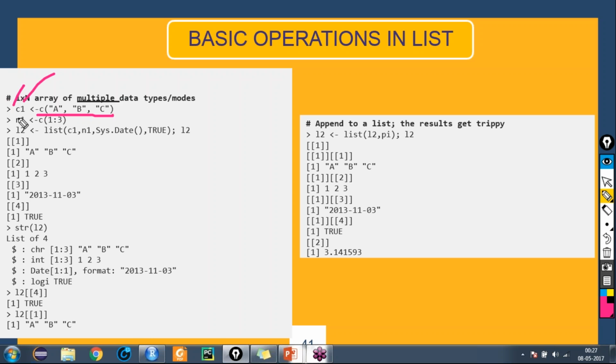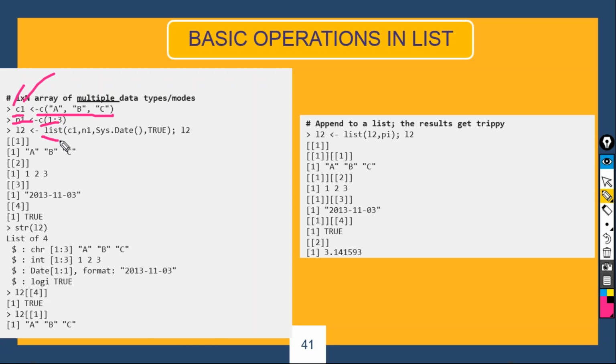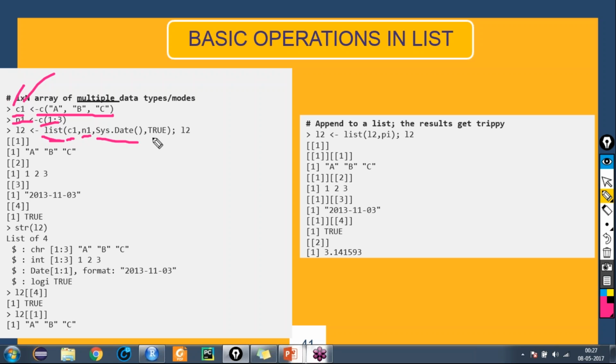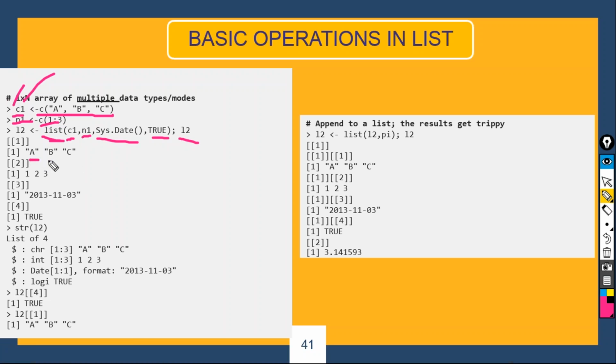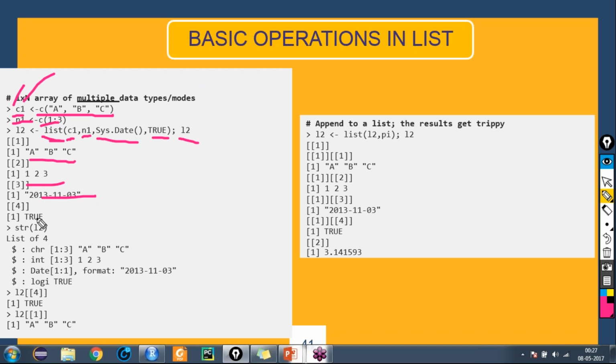So we are combining this and storing it, c("A","B","C"), in C1, and this numeric type we are storing in N1. Okay, so we are making a list. We can make a list by this function. We are combining C1 here, N1 here, which is numeric type. Then Sys.Date will print the date, and TRUE means it will display TRUE everywhere, wherever it is required. And when we do L2 and run, it will display like this: ABC, 1, 2, 3, date, and TRUE, correct? And when we want to see the structure, we can see it is a list of 4. We have 4 different columns, which is this one, this one, this one, and this one. Okay,